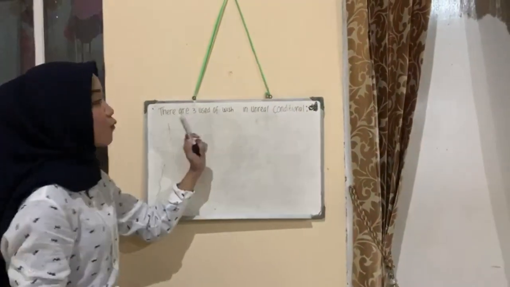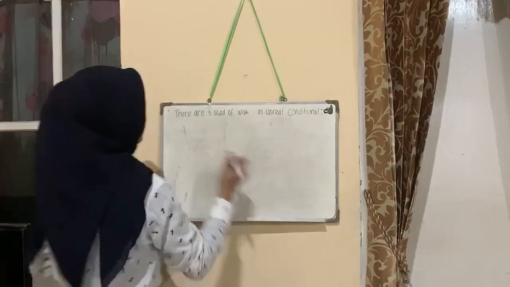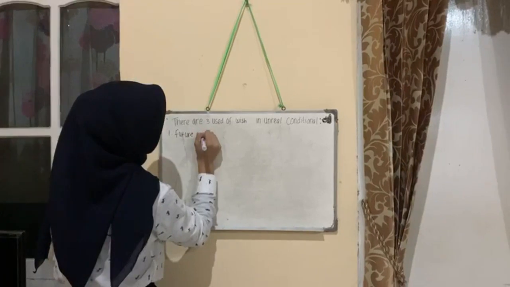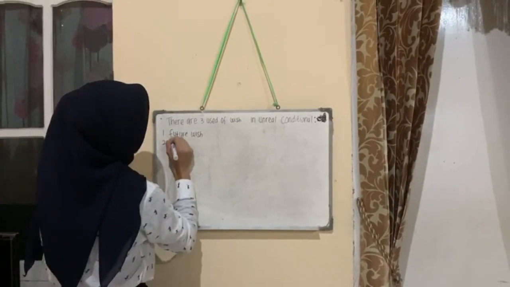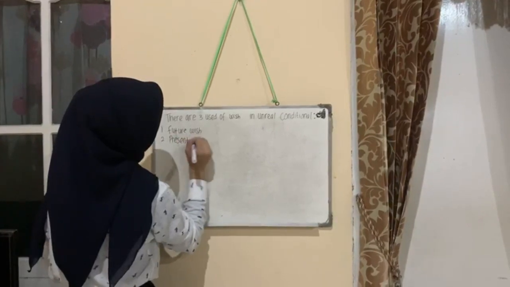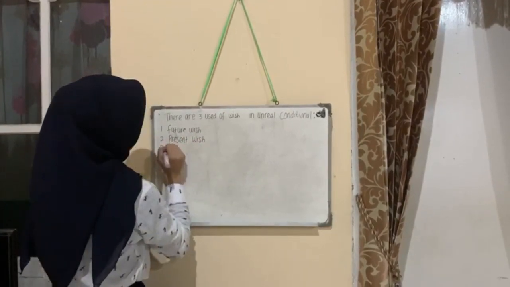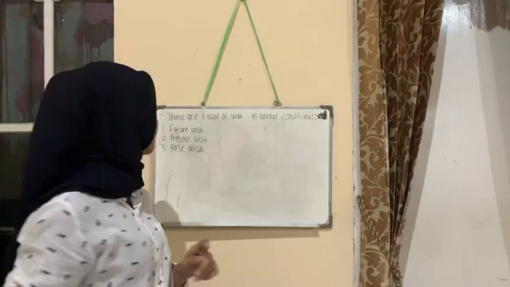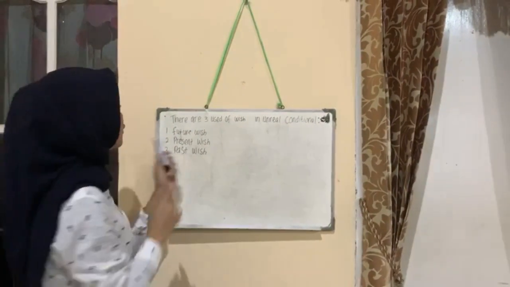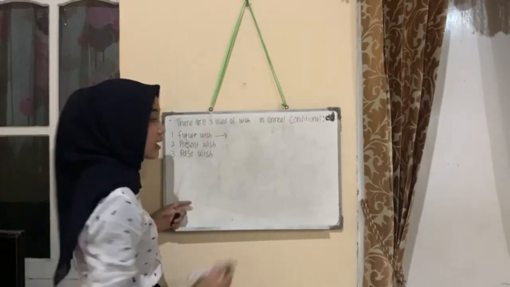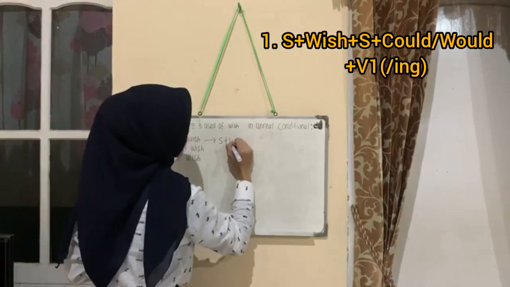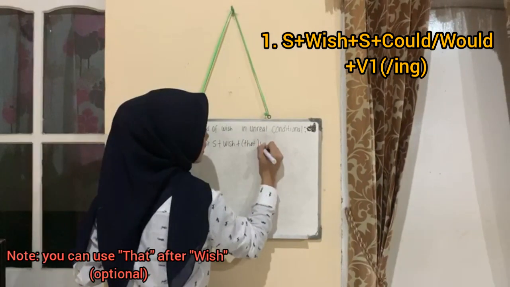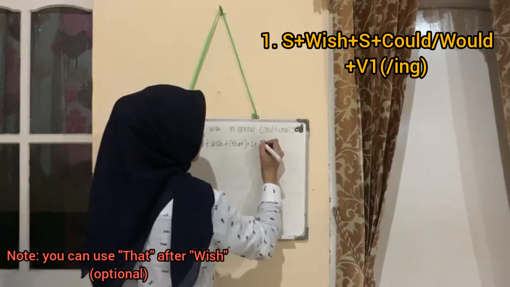There are three uses of wish in unreal conditional, namely future wish, second is present wish, and the last is past wish. Okay, I want to explain about the future wish. The formula is subject plus wish plus that, which is optional, plus subject plus